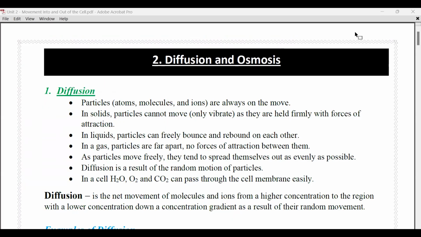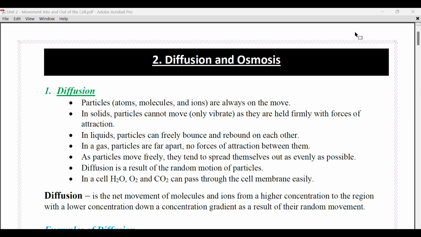Continuing on with the lesson, as mentioned in the syllabus guide, here I will be talking about three main concepts: diffusion, osmosis, and active transportation. Firstly, when it comes to diffusion, the ideal definition would be the net movement of molecules and ions from a region of higher concentration to a region of lower concentration down a concentration gradient as a result of random motion. This definition is a key factor, so please have it in mind just in case a question is asked, because you would need to mention all the keywords such as higher concentration, lower concentration, concentration gradient, and random